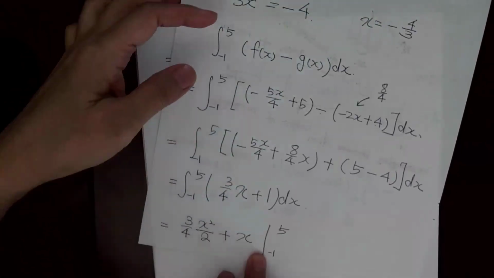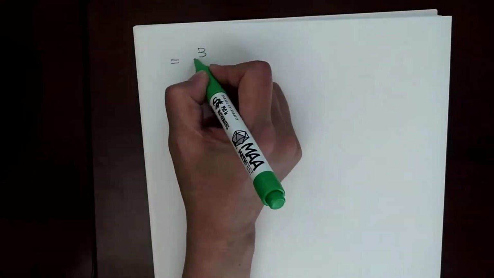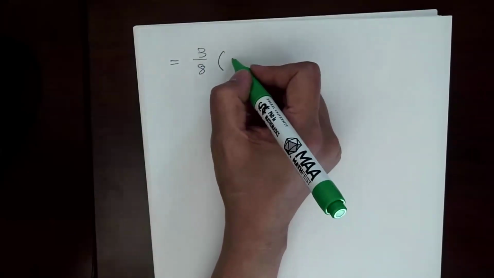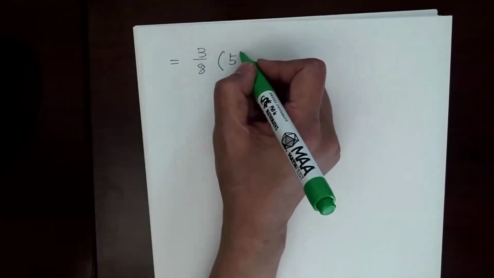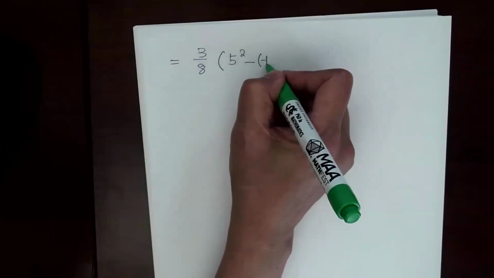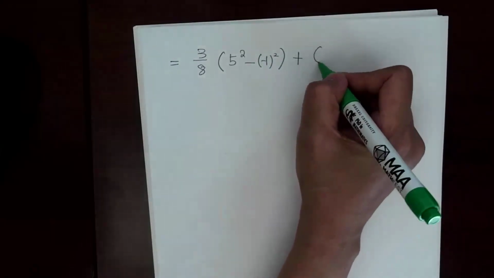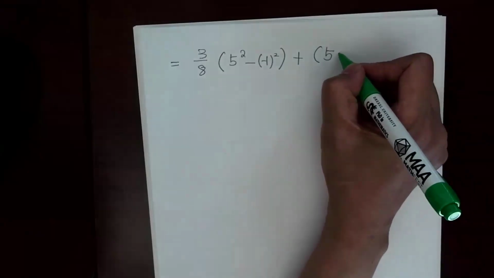And so that'll be 3 over 8 x squared. We have to evaluate for the upper bound. So that is 5 squared minus 1 squared. Plus for the second term, upper bound is 5 minus